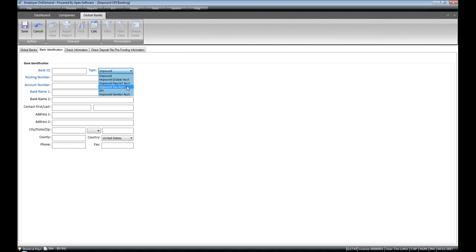I want to put the taxes into a tax account, and I want to put the vendors into a vendor account. So this is decided by the Service Bureau and how many accounts they want to have. Now, I call it an impound account for global or payroll or taxes or vendor. It's not a different kind of account. It's a business account. So they go to their bank and open a business account